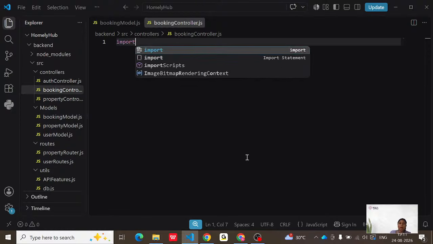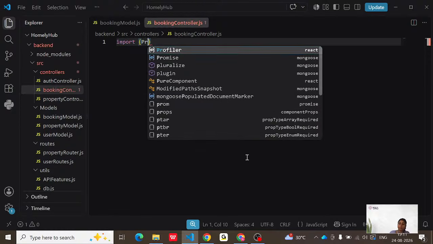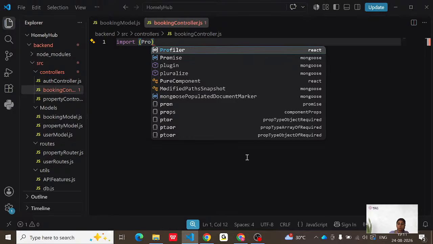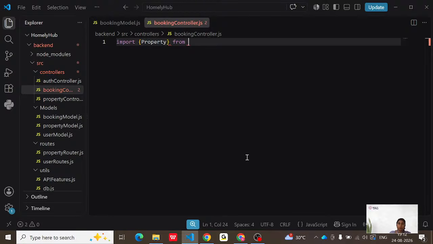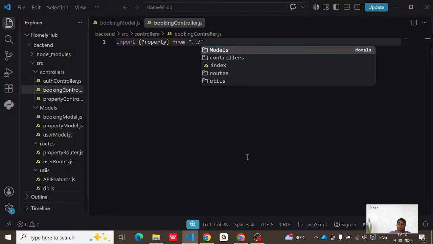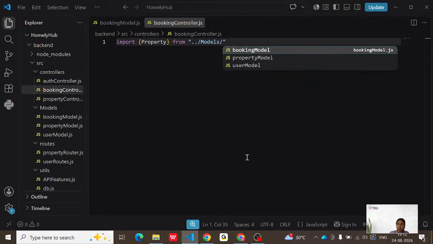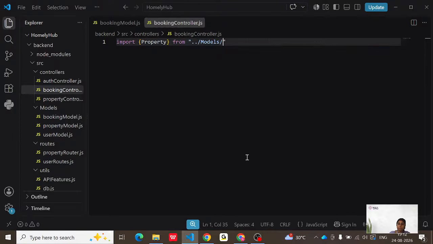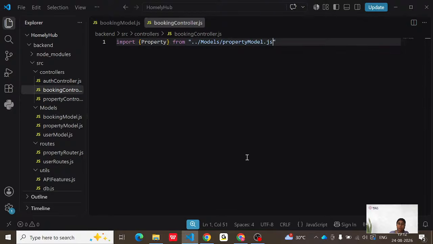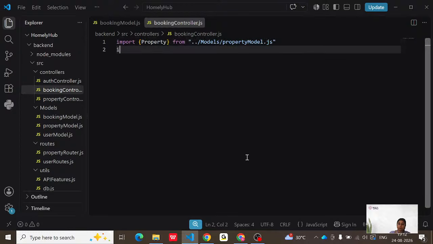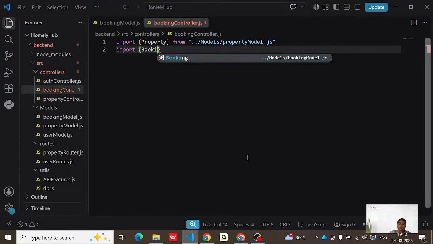So first of all I am going to import property from property model.js. Next we are going to work with the booking model. So booking from